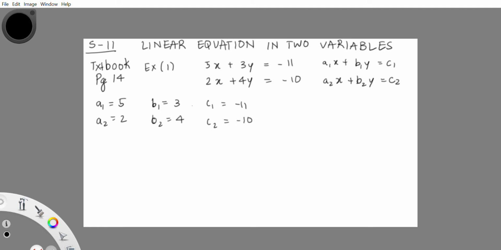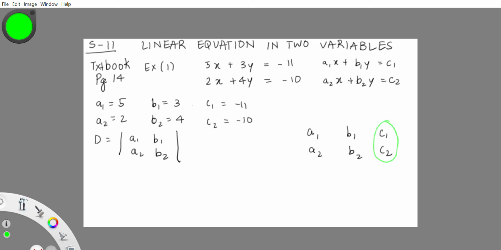Now once we have this information, we're going to calculate the values for the determinants. I'll start off with D. Just to revise, we're going to see once again how we get this. We have a1, a2, b1, b2, c1, c2. In order to get determinant D, I'm going to remove the c column, and the remaining values will be the determinant that is formed. So I'm left with a1, a2, b1, b2. This is my determinant for capital D.